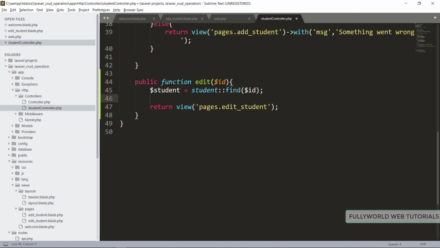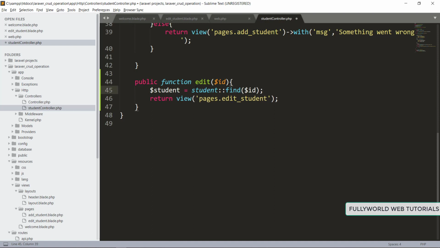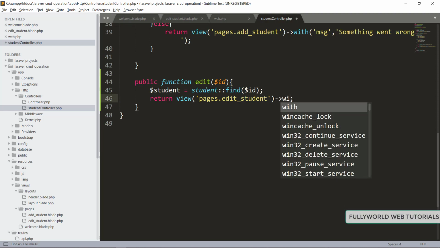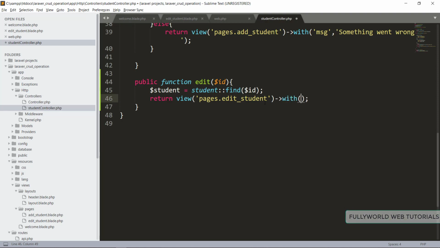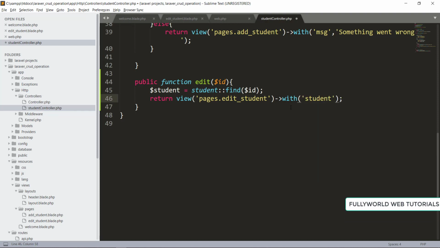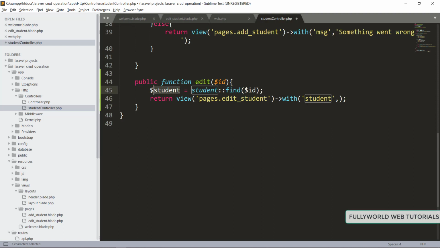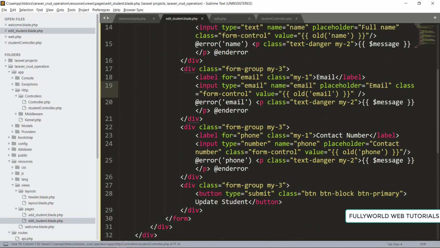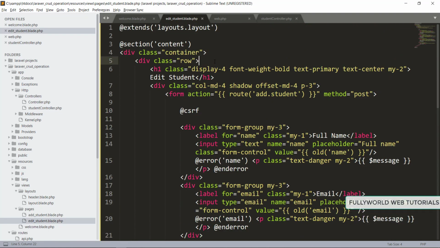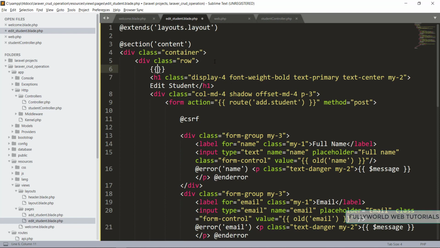Let's send it to this view with the variable name student, and its value will be $student. Paste this, save this, and let's go to our edit student view, and here we are going to simply print our $student. Save this, and now let's see.